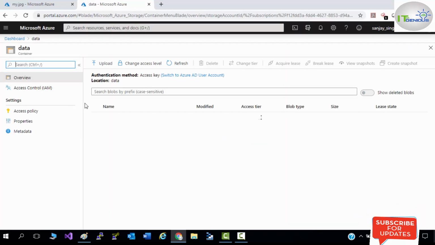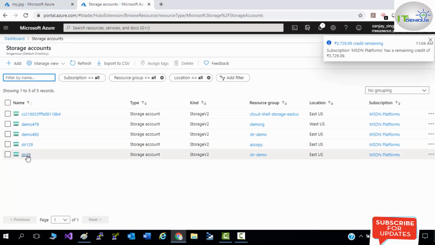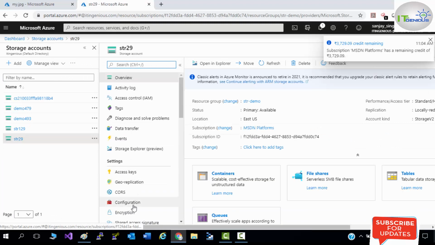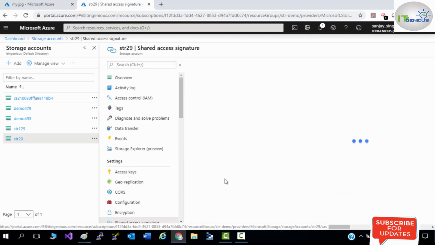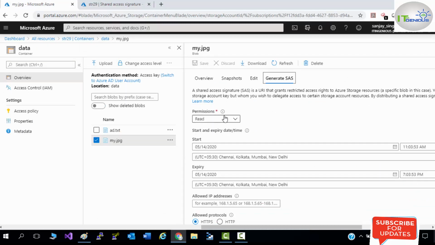So let me open a duplicate tab, then we would be able to understand this. If I open my account level SAS in this tab, these are the permissions. Here you see on resource level you have only four permissions: read, create, write, and delete.